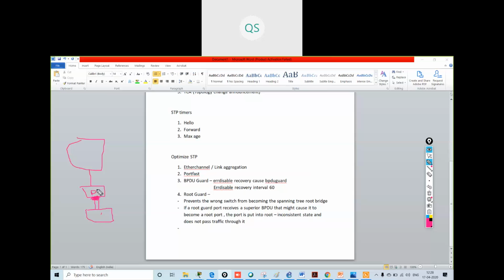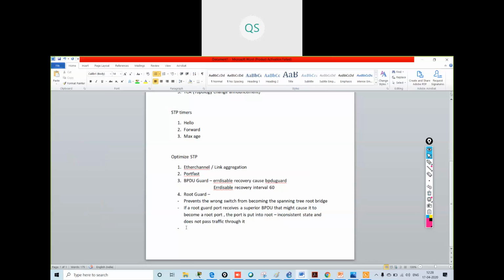It will know that if it accepts this BPDU message, this port will become the root port. Then it will put that port into root inconsistent state and not pass any traffic. Understood?